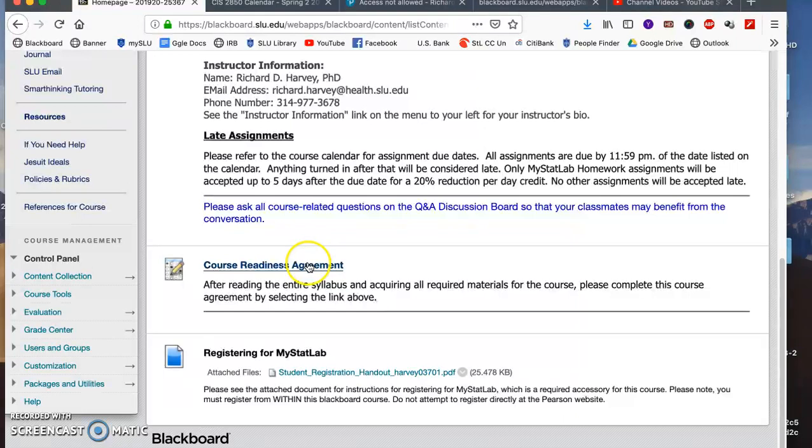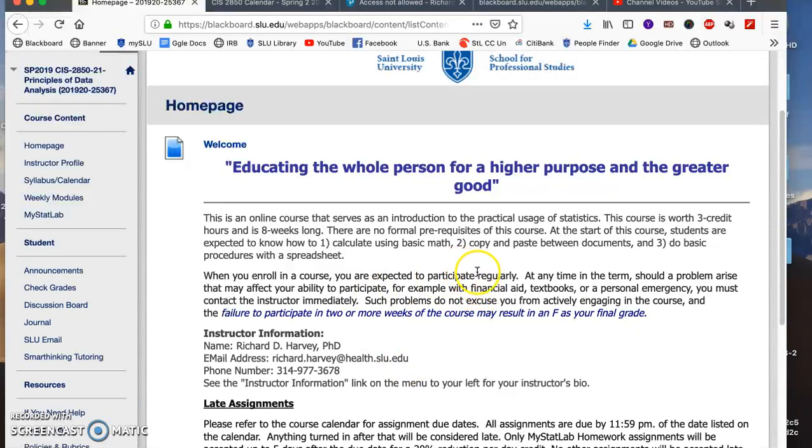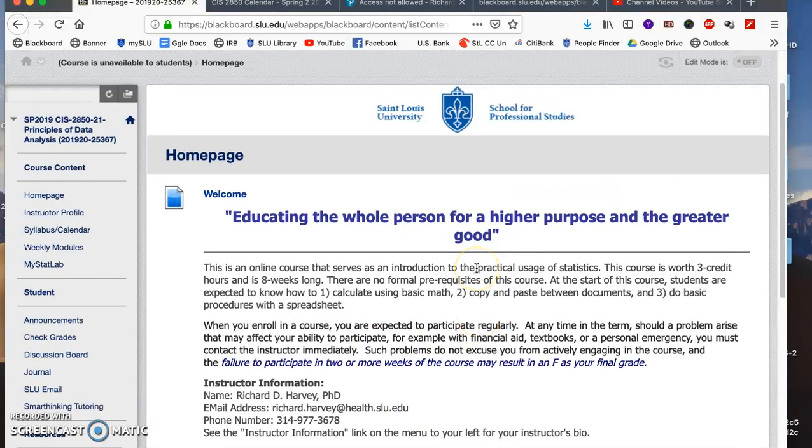You should do the course readiness agreement. There is a link for registering for MyStatLab that will explain what you need to do. Also, you're going to find some information about that in the first module. So beyond using the